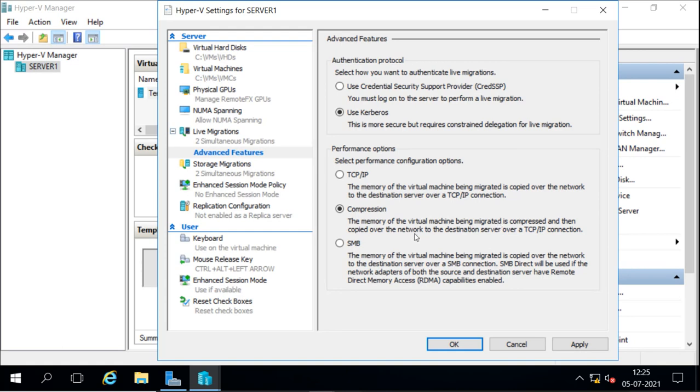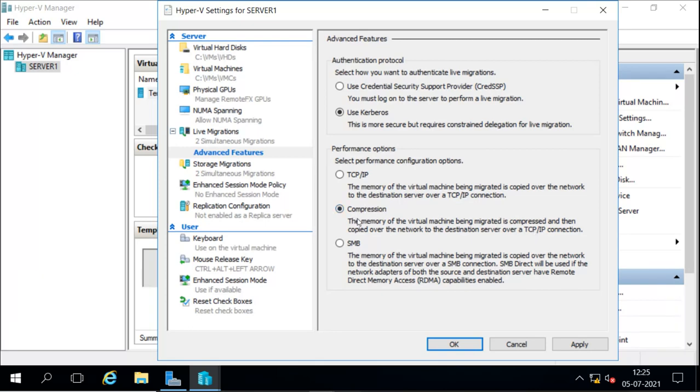It can compress the memory first, and then copy it over the network using the TCP/IP connection, or you can copy it over TCP/IP without compressing it. Compressing will make it faster. If you don't compress it, it will go directly, or you can even use the SMB protocol for migrating the virtual machine memory from one server to the other.